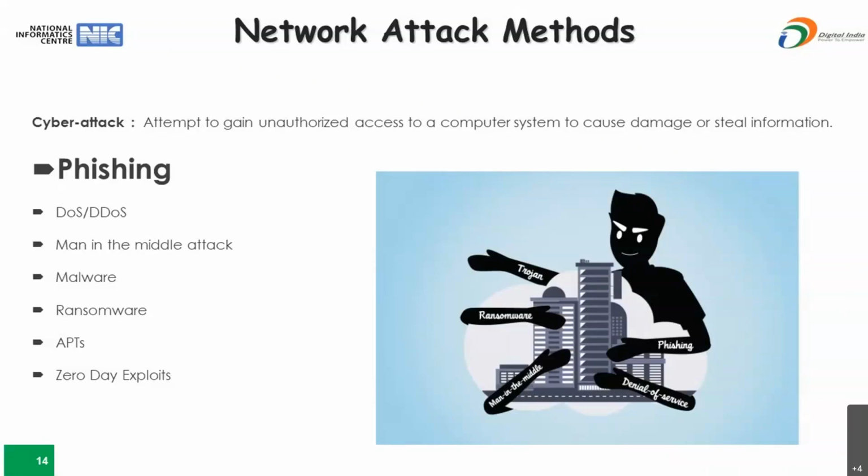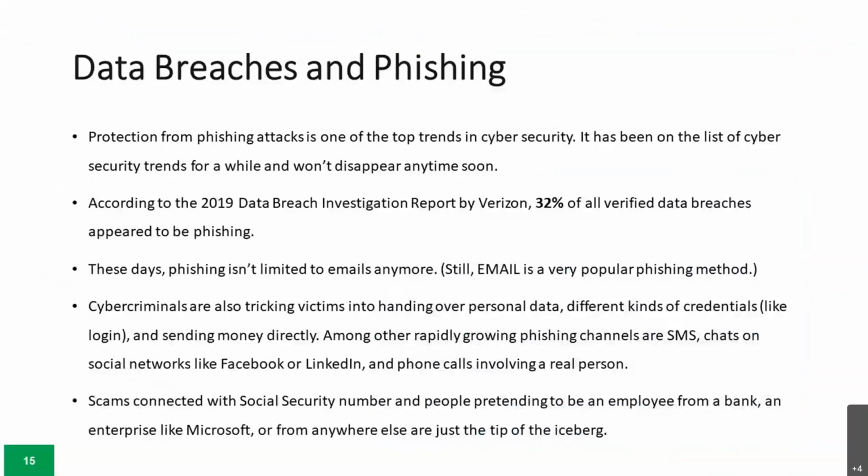First one is phishing. Phishing is a technique by which cyber criminals craft emails to fool a target into taking some harmful actions. The recipient might be tricked into downloading malware that is disguised as an important document, for instance, or urged to click on a link that takes them to a fake website where they will be asked for sensitive information like bank username and passwords. Like in banks also, sometimes